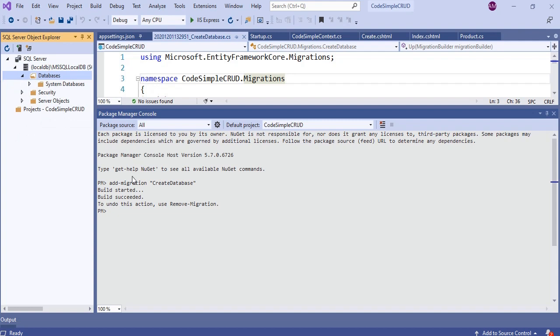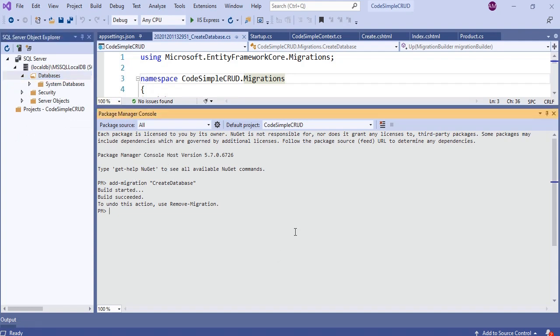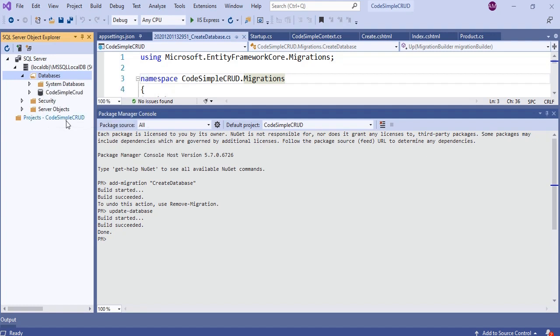Notice still our database is not yet created. Let's run the update-database command to update the changes to the database. The command execution is completed. We will refresh the databases. Now we are able to see the CodeSimpleCRUD database.